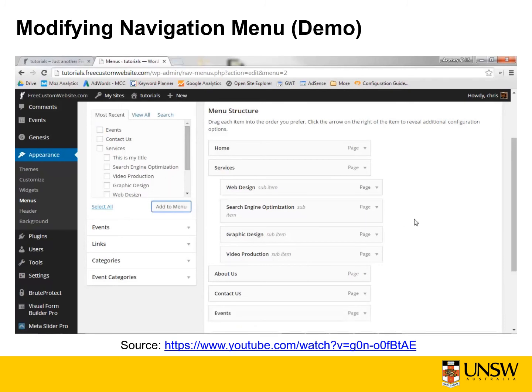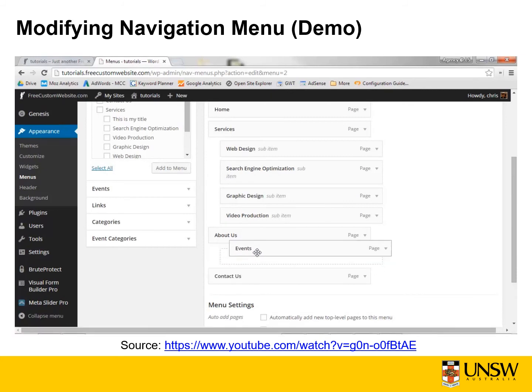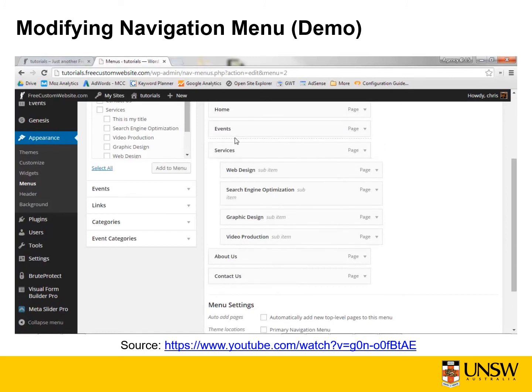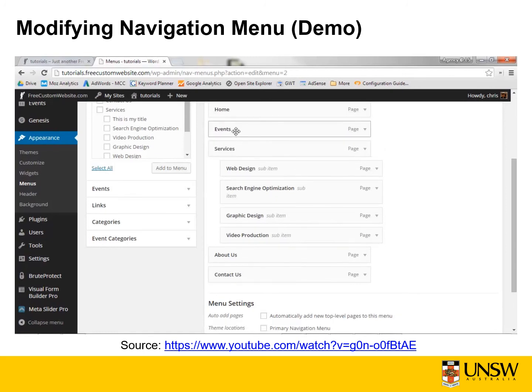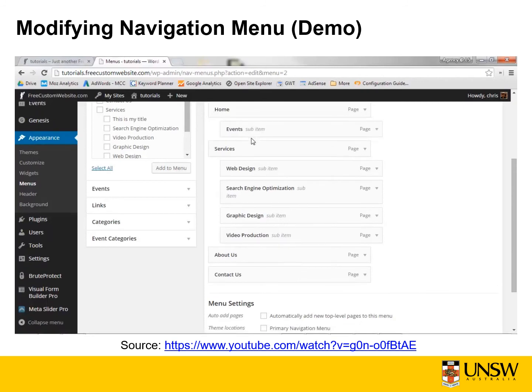Now that the page has been added to our current menu structure, we can edit its placement within the menu by clicking and dragging it into the place we want it. We can also make it a submenu by placing it below and slightly right of its parent menu item. You'll know it's a submenu both by the indentation to the left as well as the label Sub-item on the